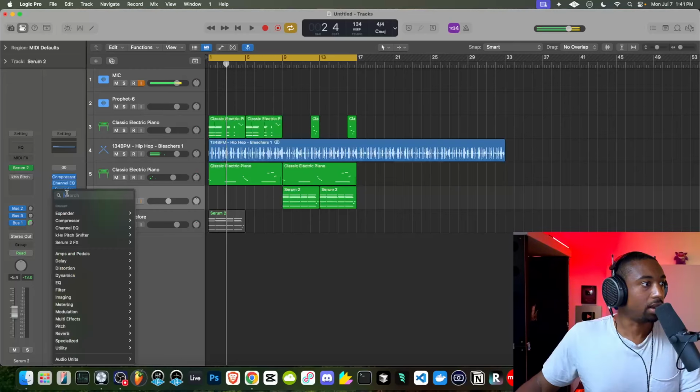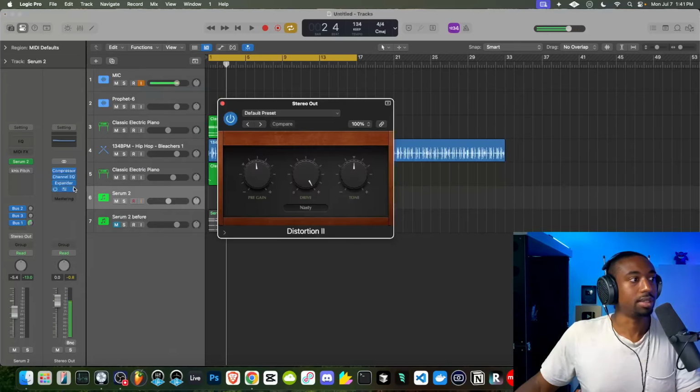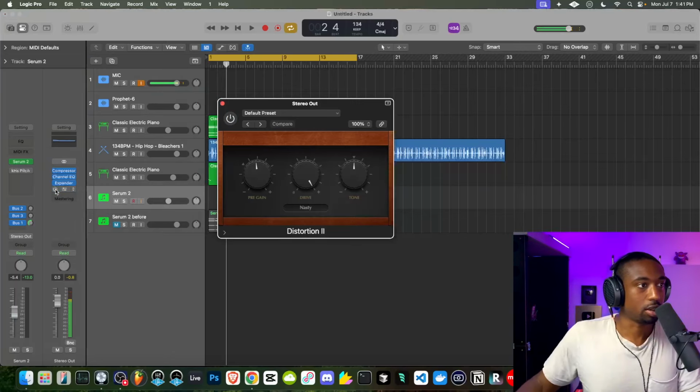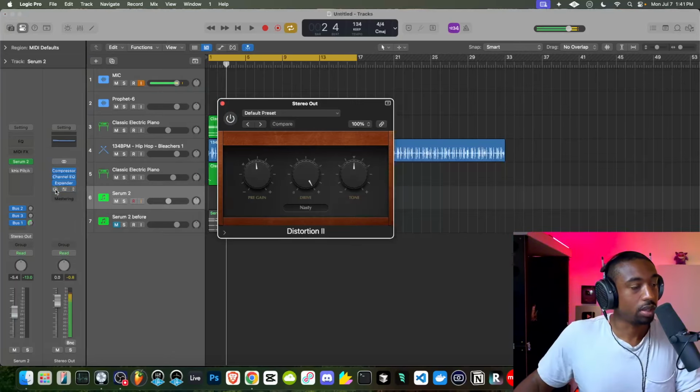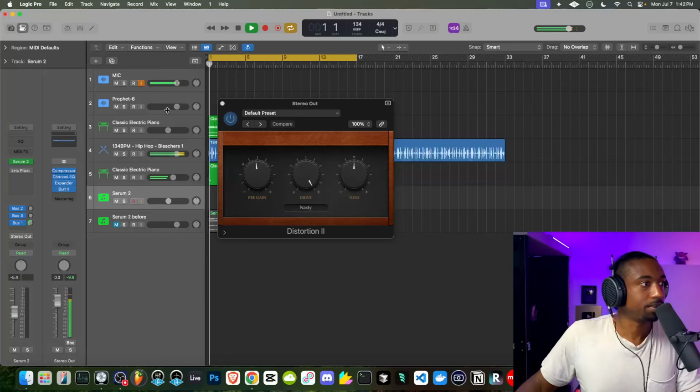For this mix, we can add another plugin. This is kind of hit or miss, but it's called Distortion 2. And this thing really adds a nice grit to the sound. It just depends on the genre though. But I love this plugin too. And I'll basically turn the mix level down.